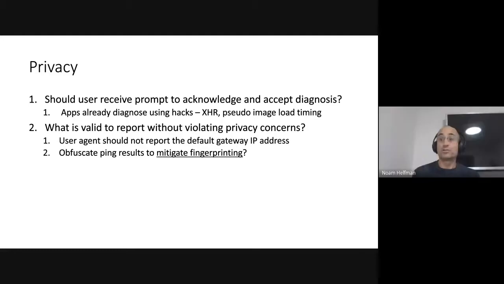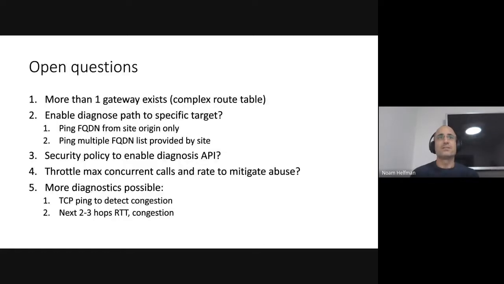Yeah, I'm not sure actually what the answer is. Regarding VPN, definitely that changes the routing table. So that means it's... I actually tried to address it in the next slide, because we still have some questions. If we have more than one gateway, right? Specifically, if you connect to VPN, you have more than one gateway, but your default gateway would probably go to